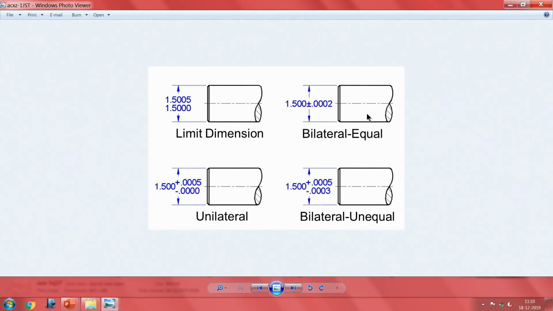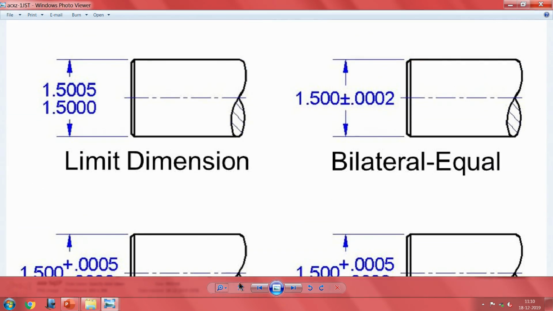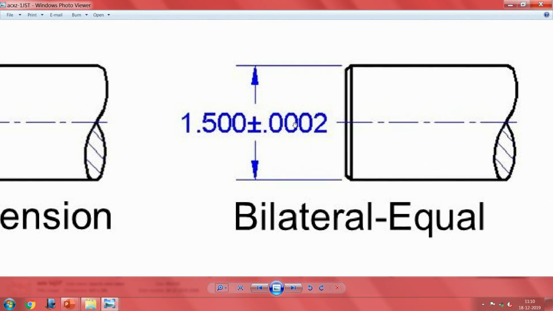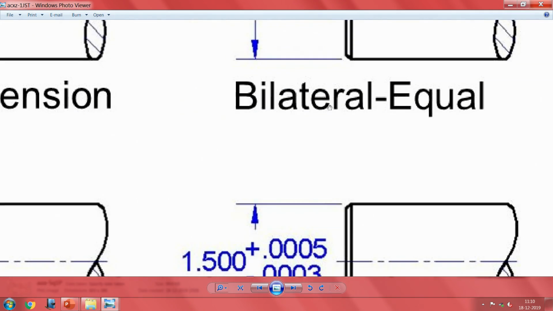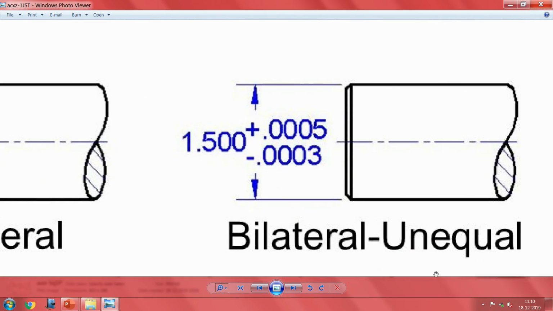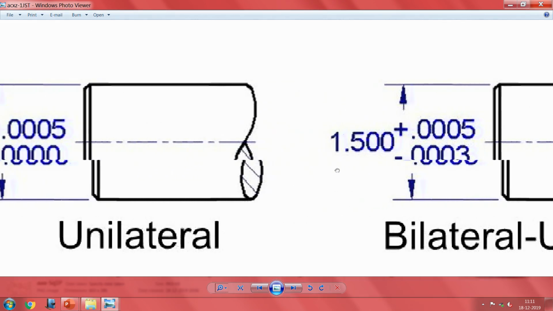Usually this sort of designation is used for equal deviation on both sides, 1.5 plus or minus, it is actually, because it was 0.5, no, must be 0.025. This will follow within that. There is a bilateral tolerance measured equally on both sides. This one is about unequal variation. You have seen that, no? They have put 0.003 on one side, 0.005 on the other, saying it can be a little more on the positive side, a little less on the negative side.